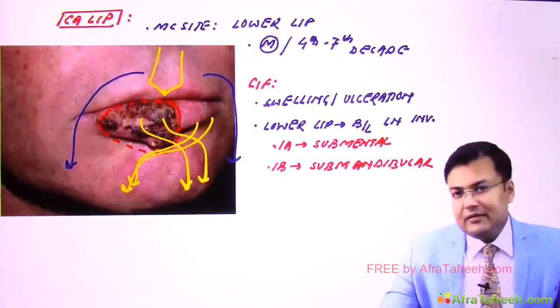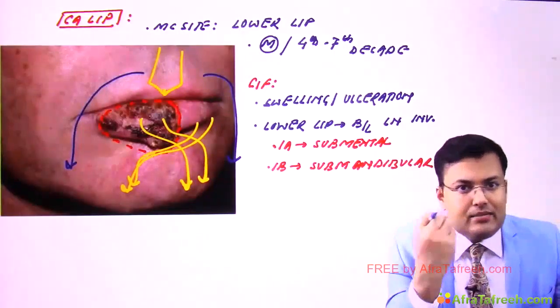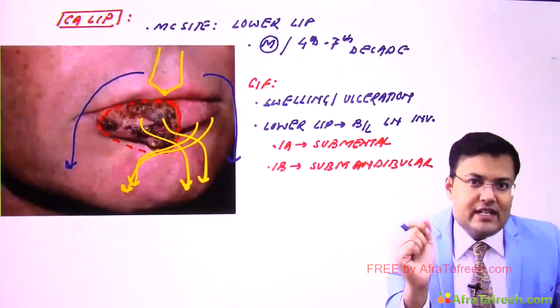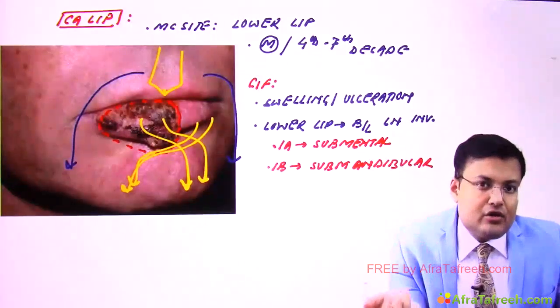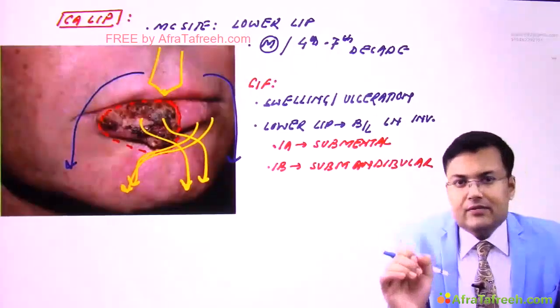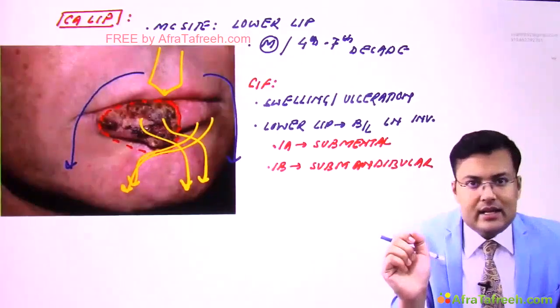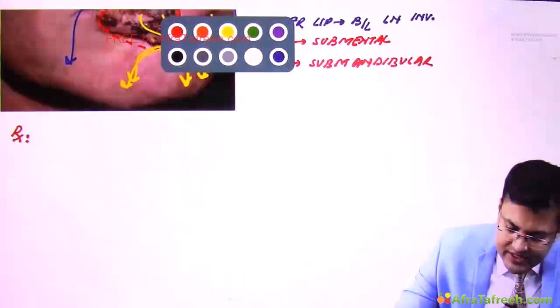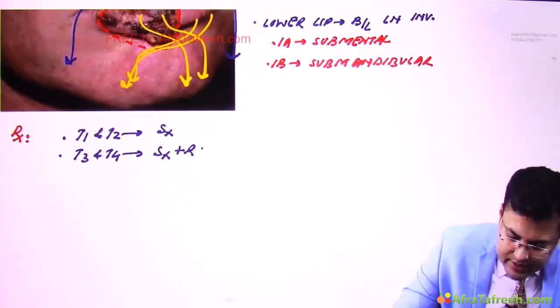Clear? Rest of the things are very similar to any other malignancy, like investigation of choice for diagnosis, edge biopsy, investigation of choice for staging, MRI, treatment for T1, T2, surgery is sufficient almost. So surgery alone is sufficient in majority of cases, and for T3, T4 we give surgery plus radiotherapy. Okay, now see what kind of treatment is done in carcinoma lip. So treatment, if patient is having T1 and T2 tumors, here surgery alone, and if patient is having T3 and T4, here we go for surgery plus radiotherapy.